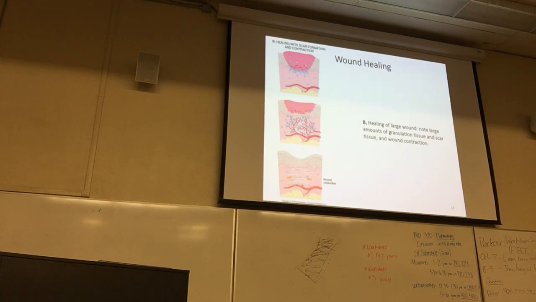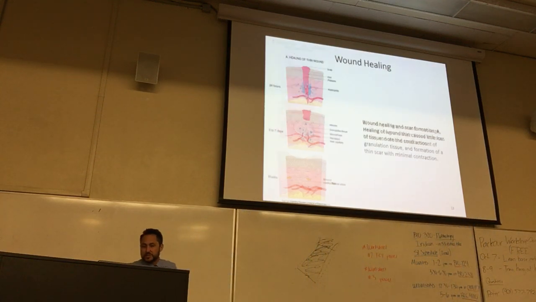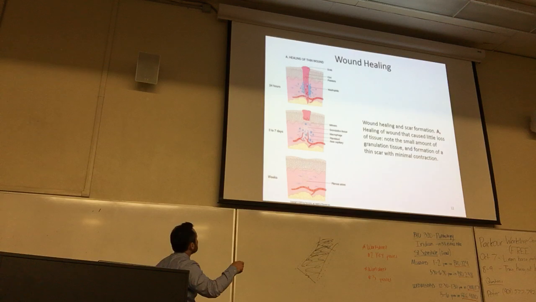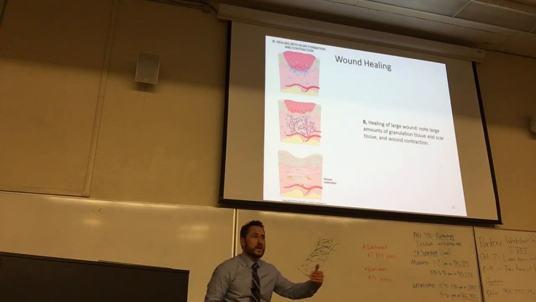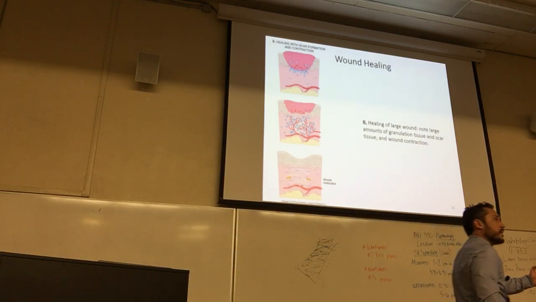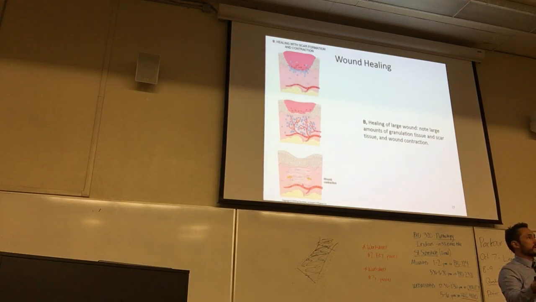By first intention, you can see that the wound bed is a much narrower slice. And then in second intention, you can see that there's a much bigger gap that you're trying to heal. But it's all the same steps. You bring in neutrophils. You expand the vascular network to bring in perfusion or nutrition. But you do it more aggressively because the wound's bigger. So you see in this picture, there's a lot more vascular elements than what we saw in the previous picture.